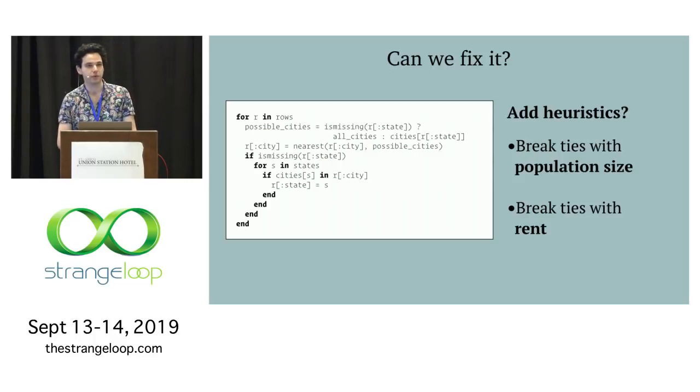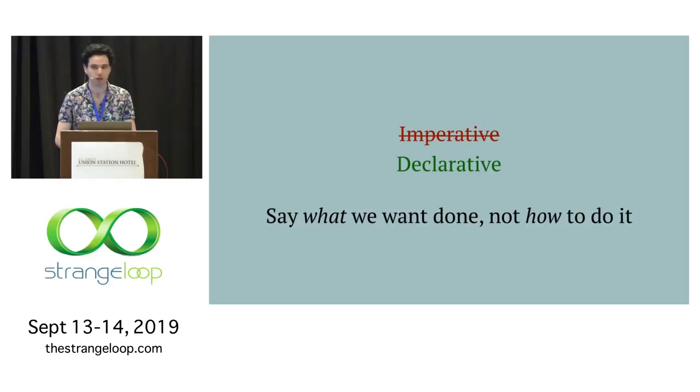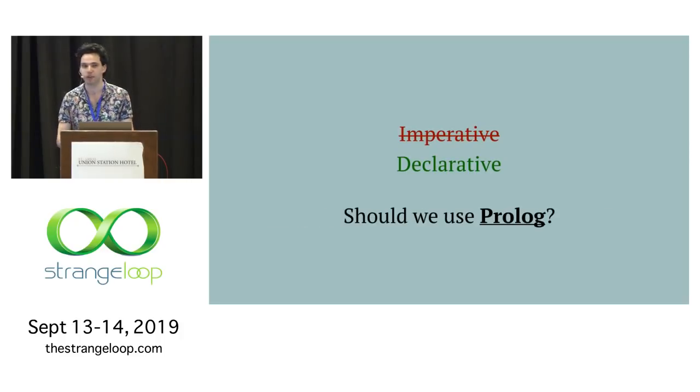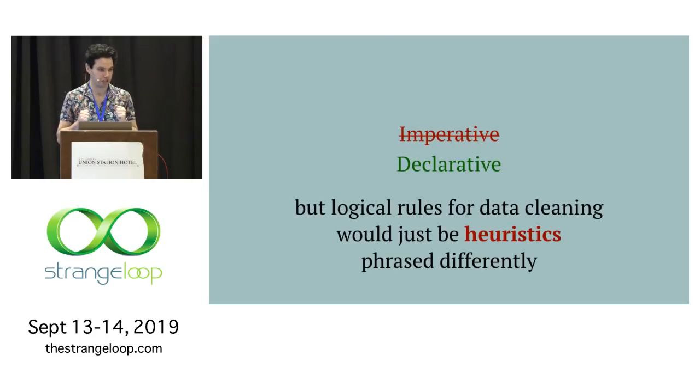And one way of dealing with this problem, where your code is growing, has weird control flow, and has a lot of ifs, is to turn to declarative programming. And there's already been a talk at Strange Loop this year about declarative programming. The idea is that we're going to try to say what we want done, not how to do it. But there's actually a number of flavors of declarative programming. Some of you may have heard of declarative programming in the context of logic programming languages and might think, are you suggesting that we use Prolog for this problem? The problem with Prolog and other logic programming languages, which can solve constraints that you write down, so you say what the constraints you want solved are, and then it will find a logical solution, is that we don't know what the logical constraints for this problem are.